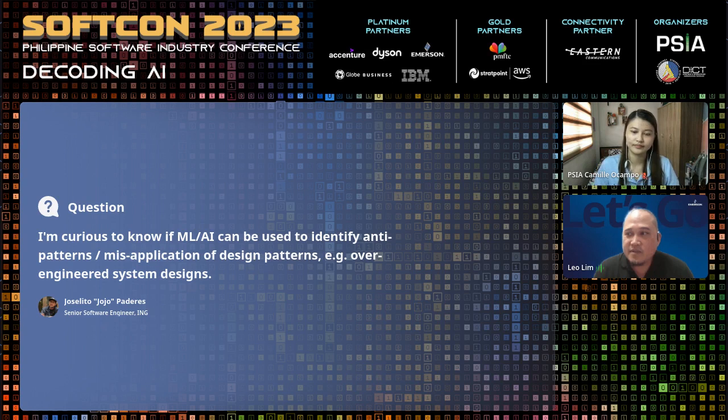There are very few research papers on this, but I think it can be used because again, machine learning is really just feeding a piece of code, a piece of software data, right? So if you have enough data to identify which ones are bad practices and which ones are good, then the application I mentioned earlier, where it identifies design patterns, could be the same ML implementation, right? But detecting the misuse of design patterns. So I think it's entirely possible as long as you can collect that data.